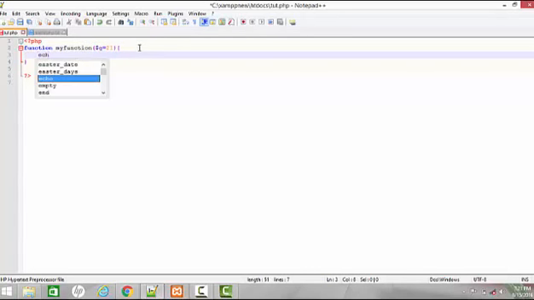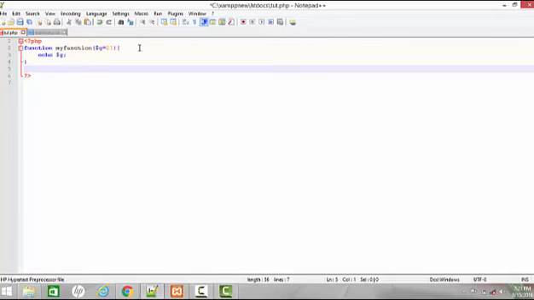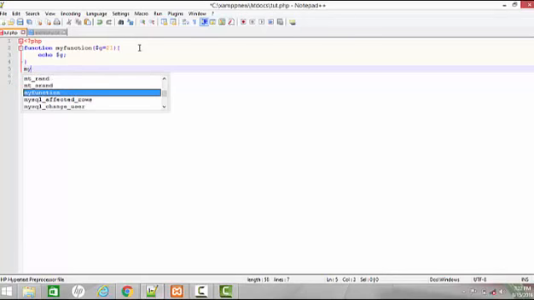Now I'm going to echo just the variable by itself. Now what I'm going to do is call the function